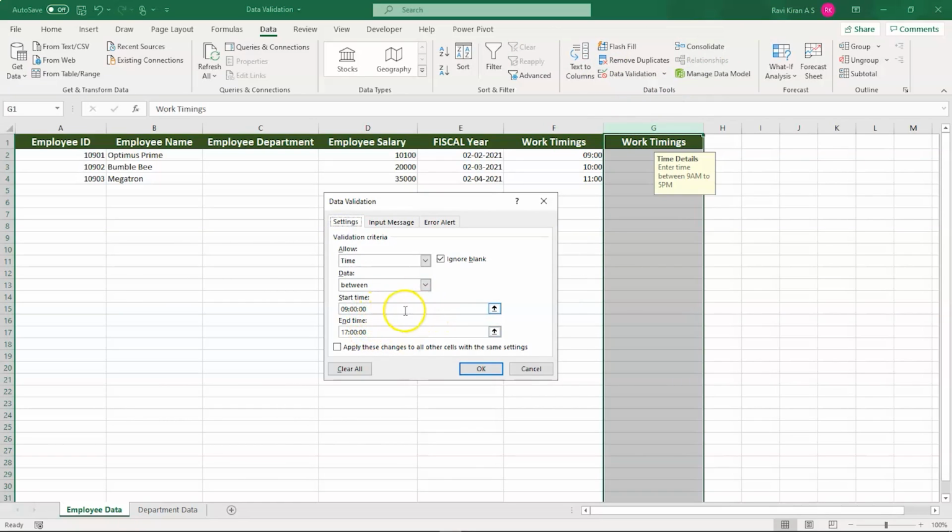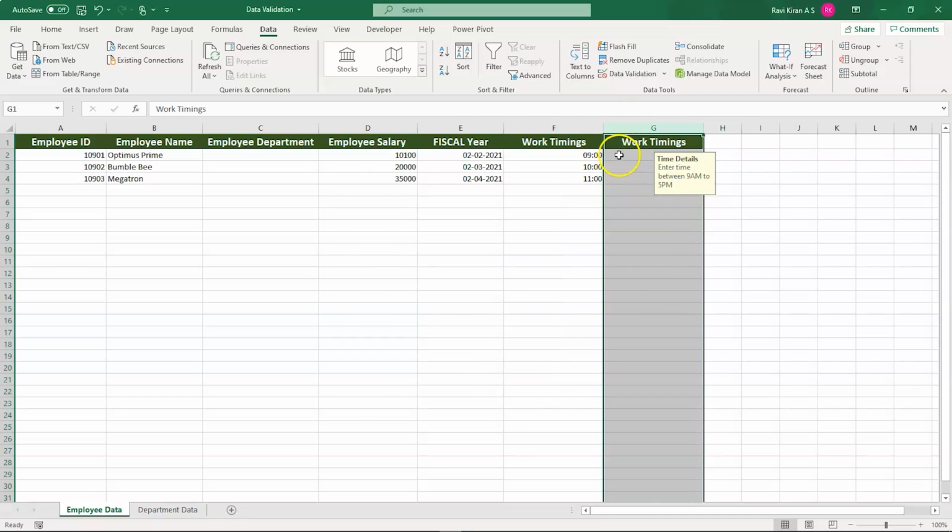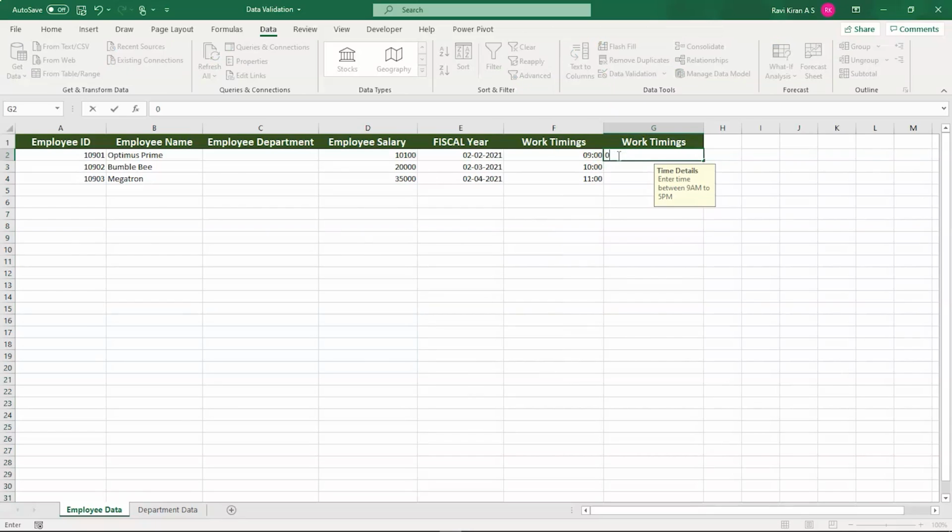Okay, it is taking 3, that is including seconds. Okay, let's provide seconds as well. Zero 50000. Okay, still there is some problem.